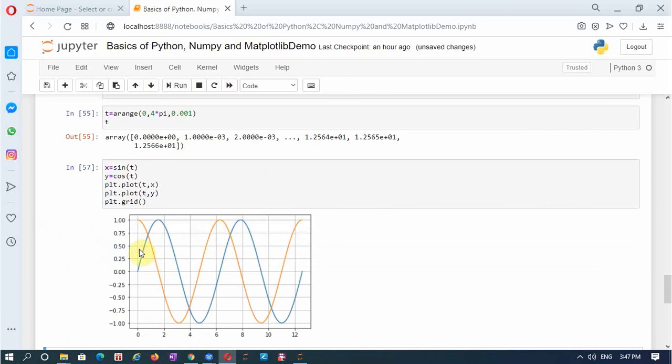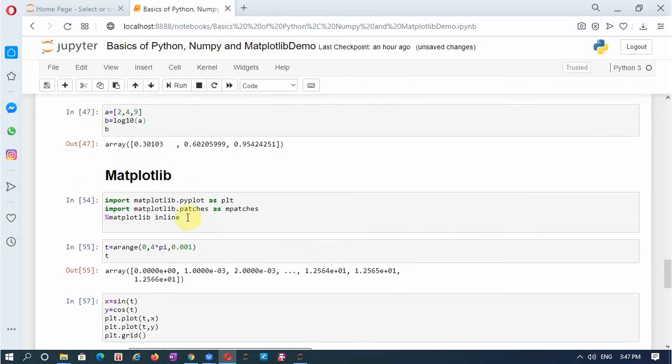Run this. You will observe that the first one is the blue one, which is sinusoidal. The second one is the cosine signal, which has come on the same graph, and you can observe the phase shift between the two.